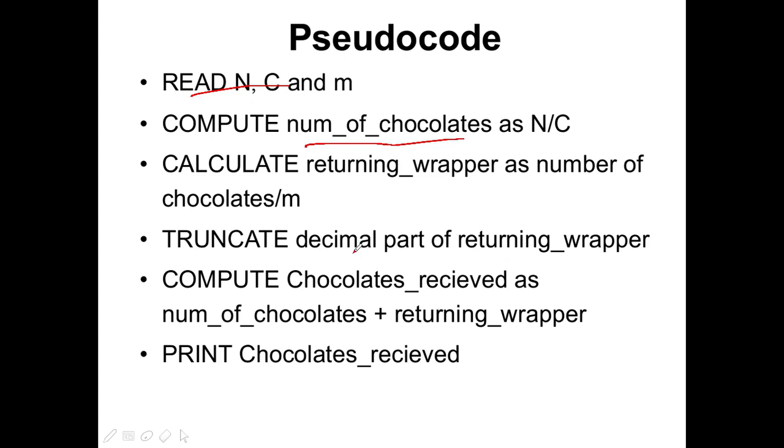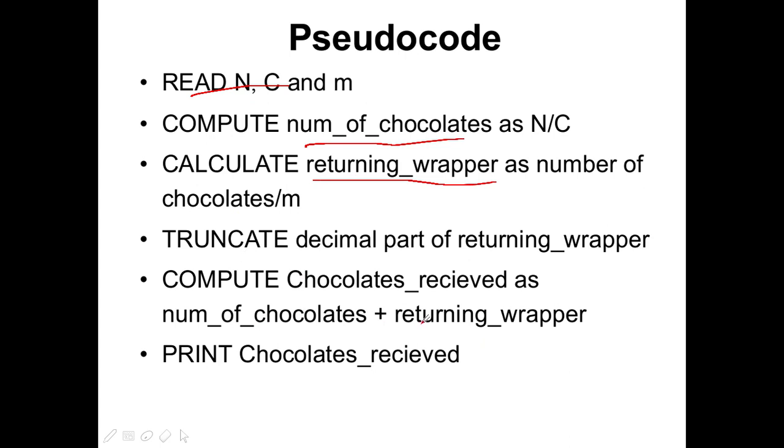This is an algorithm which is independent of any programming language. So we are making it in a very clear way, so that how we understand and do it manually is what is being said in the algorithm. And then you are going to compute the chocolates received as the number of chocolates plus the returning wrapper. These are the variable names that I have used in the algorithm, number of chocolates and return wrapper.